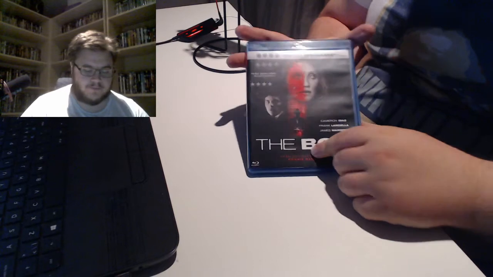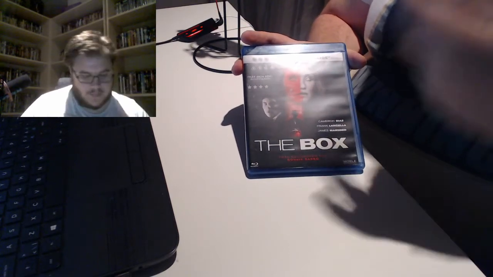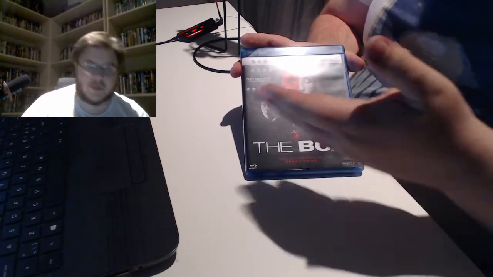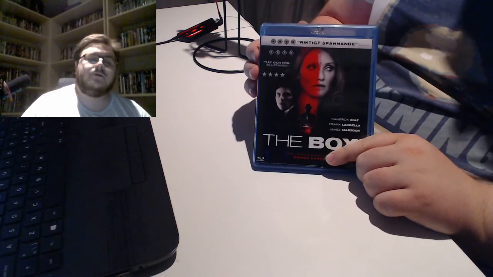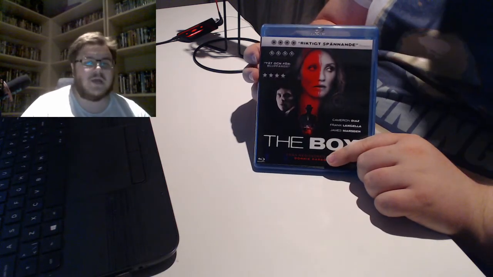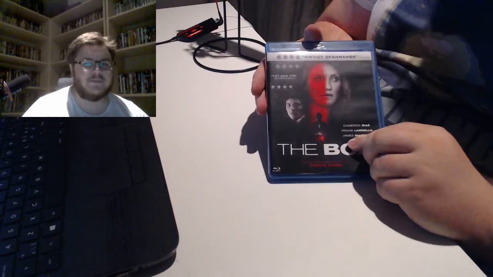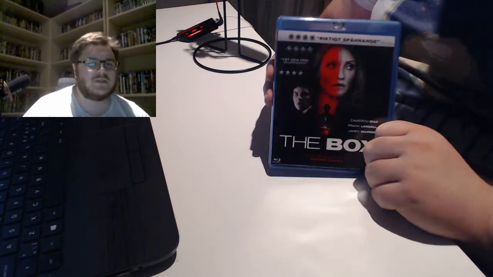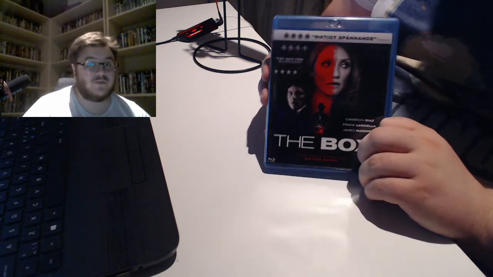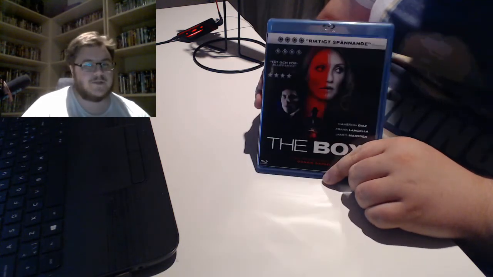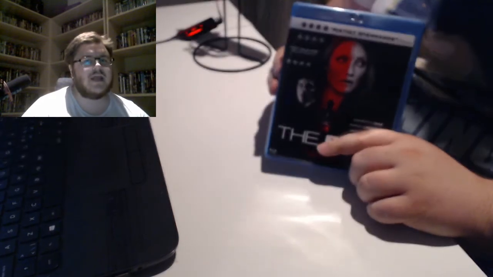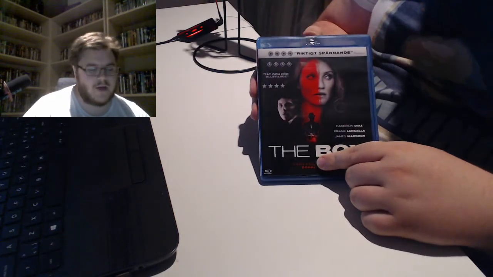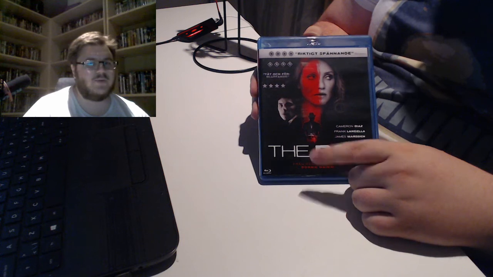And it's about Cameron Diaz and James Marsden thinking about, are we going to do it? We kind of need the money. And it doesn't sound like it, but this is actually a sci-fi movie. And it's kind of an interesting concept. I know it's based on an episode of Twilight Zone, which I haven't seen, though. So maybe if you've seen that episode, you would prefer that. But I've only seen the movie, and I really like it.